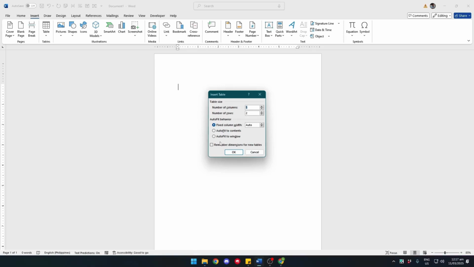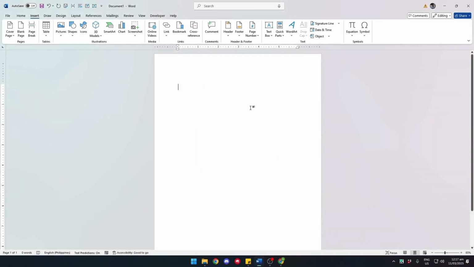table into the window. Now, although this might be more specific and could make it easier for you to format your table before it gets created, this may take some time, especially if you're very meticulous with your table formatting. However, if you simply want to insert a table that only has the number of rows and the number of